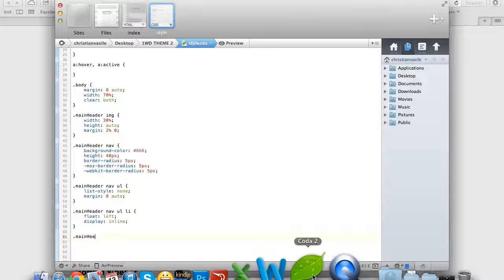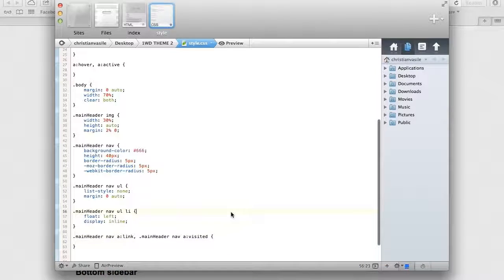So let's say main header navigation and all the links in the navigation, and we also want to do the same for main header navigation, all the visited links. So if they're visited, they should have the same style. Yes, and here we want to make them white instead of the standard blue. We want them to be displayed inline block,